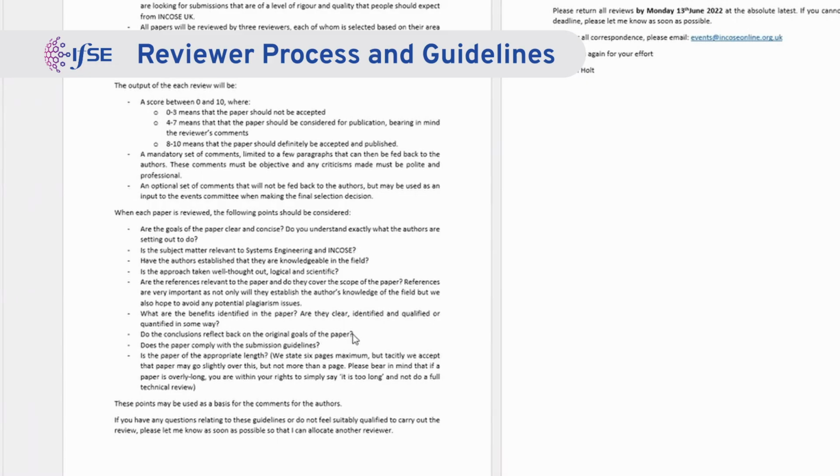Every year we get people saying 6 pages isn't very much. I appreciate that it isn't very much, but these are the guidelines that we've got in place at the moment. Please don't ask to have extra pages, because if we do that for one author, we have to do it for all of them. If you ask for extra pages, the answer will be no. It's as straightforward as that. This is to keep things readable.